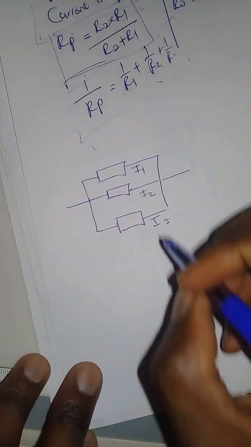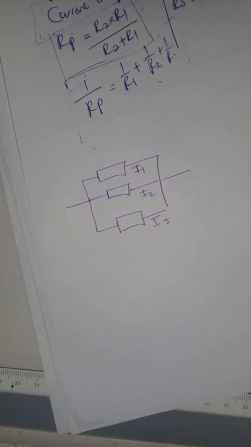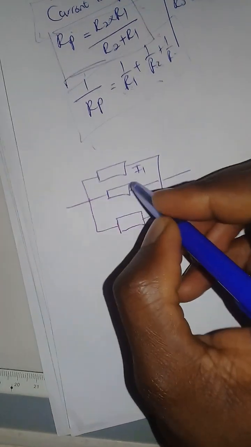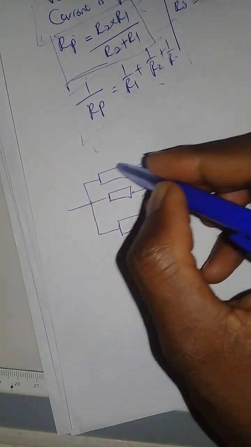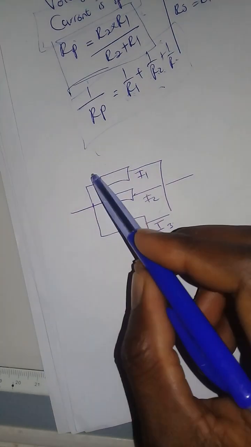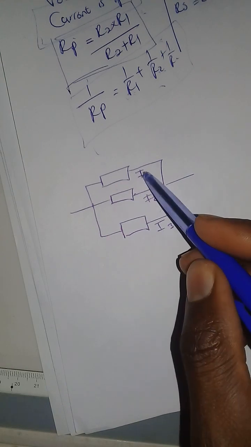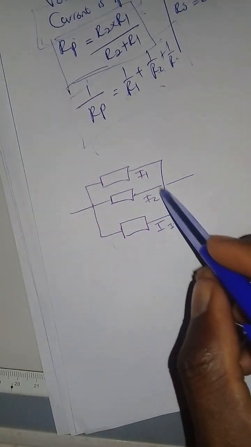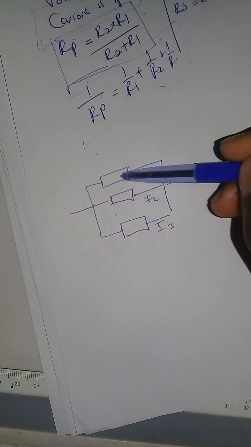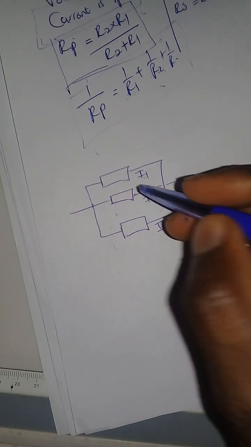Now looking at this, if you were asked to calculate the current, how are you going to approach this? So in order for you to calculate the current within a parallel connection, you need the voltage within the parallel connection, because we know that the voltage is the same. So if the voltage is the same throughout the parallel connection, that means that you can use the voltage along with the given resistor in order for you to find what the current is,